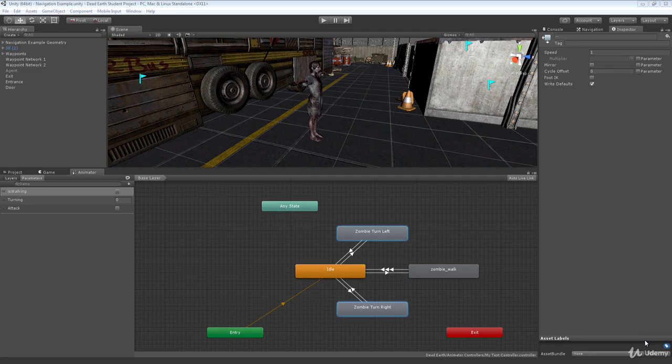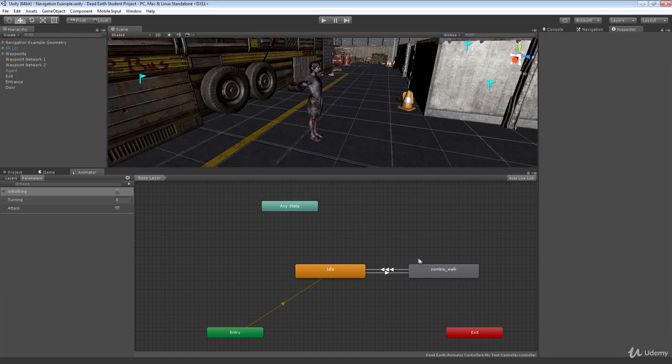With a blend tree, we can assign all of our locomotion animation, such as walk and run, and then we can have that blend tree driven by a parameter that I'm going to call speed. The blend tree will blend the walking and the running together based on the value of speed, so that as we increase the speed slider, we see the run slowly turn into a sprint or the walk slowly turn into a run. So in order to demonstrate this, I'm going to delete everything that we've got in our base layer